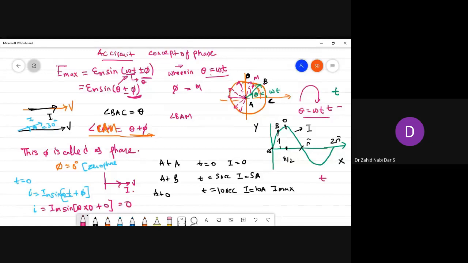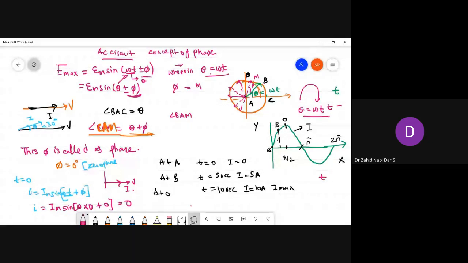Now suppose I say case 2, that when the phase of an alternating quantity is positive, what does that mean? It means the phase of the quantity is positive. That would mean the quantity, if I am representing,